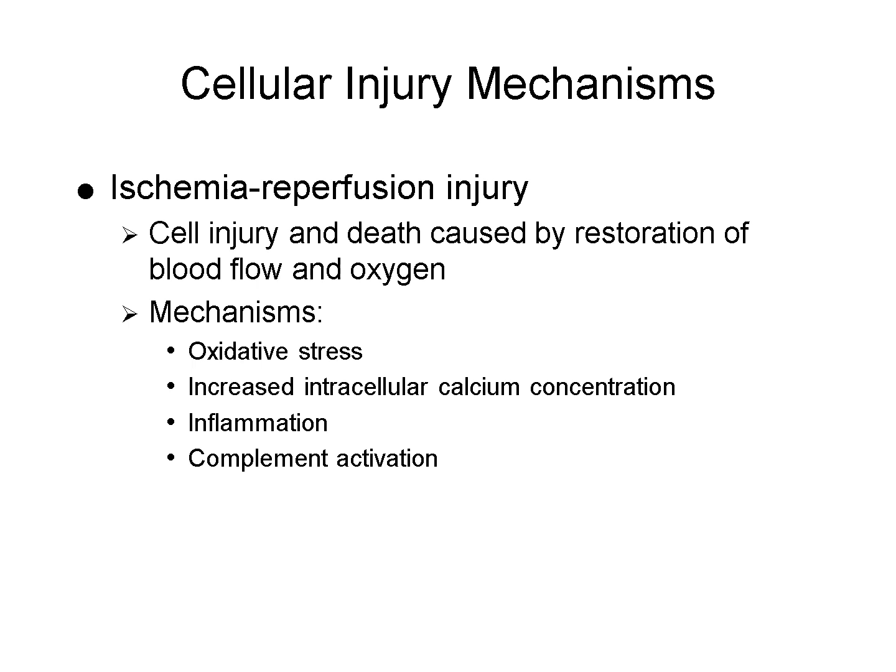Ischemia-reperfusion injury occurs when the restoration of blood flow and oxygen to previously ischemic tissues paradoxically causes additional cellular injury and death. This process involves several damaging mechanisms. Oxidative stress increases, leading to the production of free radicals. Intracellular calcium concentrations rise abnormally, disrupting cellular homeostasis. Inflammatory responses are triggered, and the complement system becomes activated, all contributing to further tissue damage beyond the initial ischemic